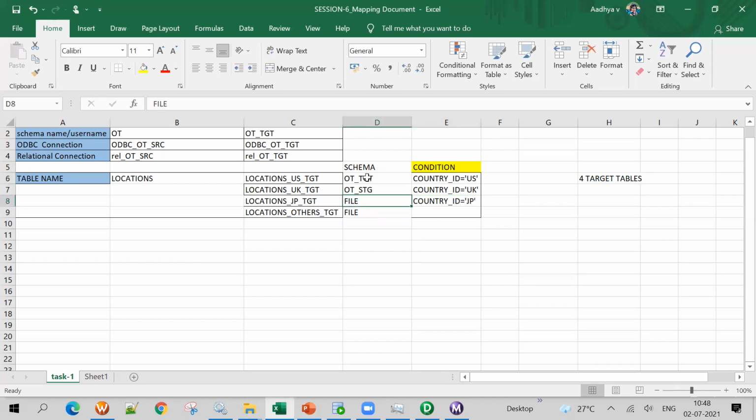Location JP_TGT will be in a file. Then the others are in a file.